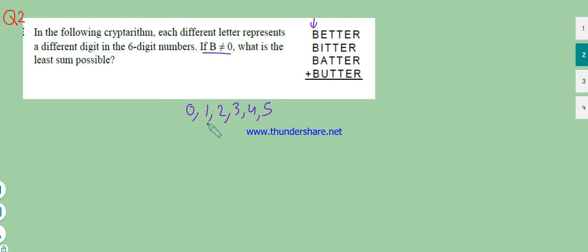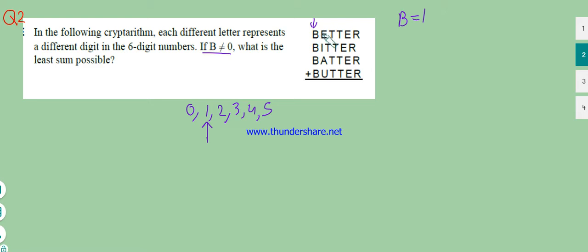So the next possible digit that B can get is 1. So we will take B as 1, and then